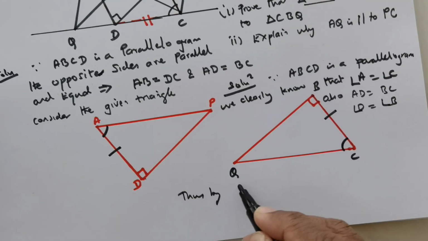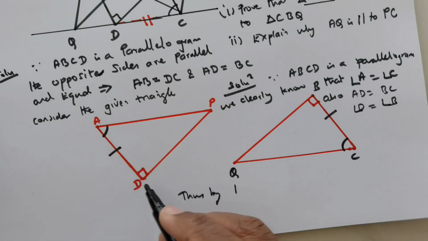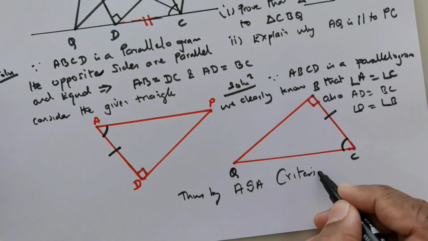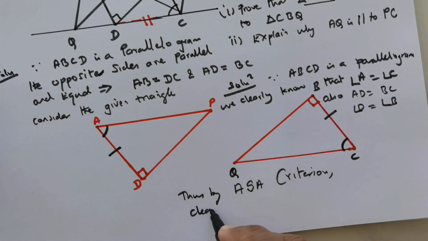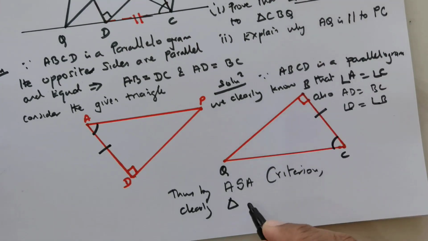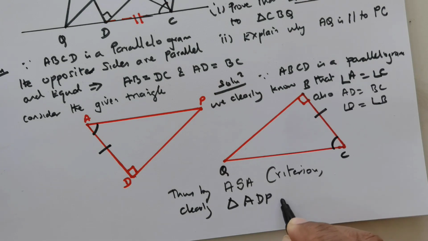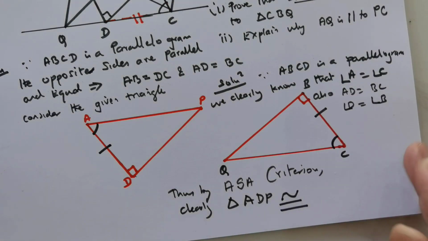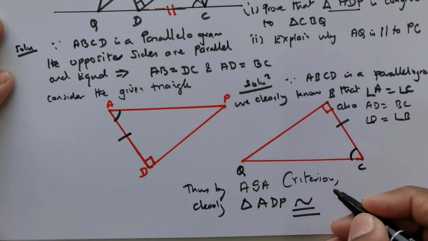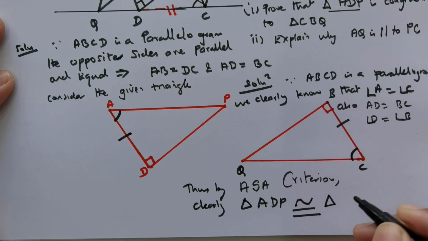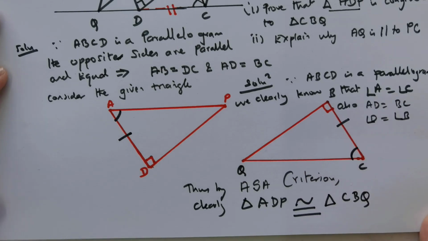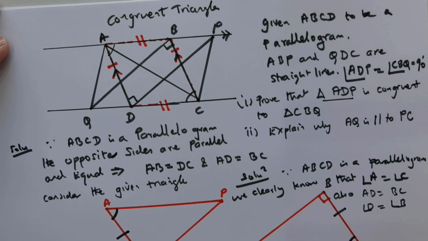Thus, by the angle-side-angle (ASA) criterion, clearly triangle ADP is congruent to triangle CBQ. So this is a beautiful, really a beautiful question, which is